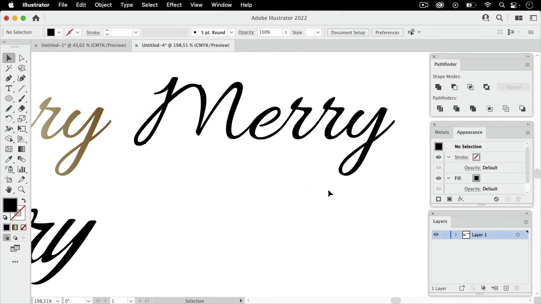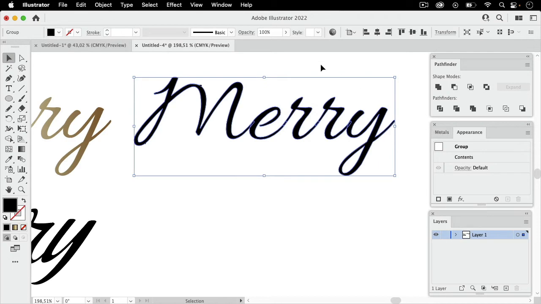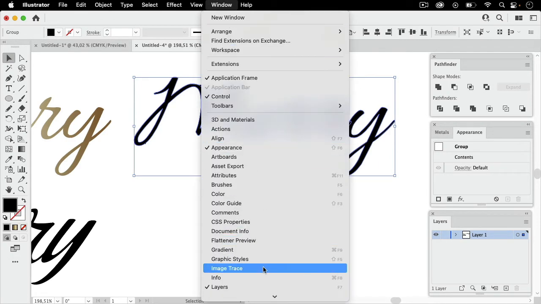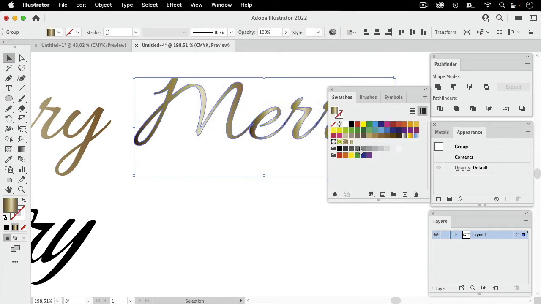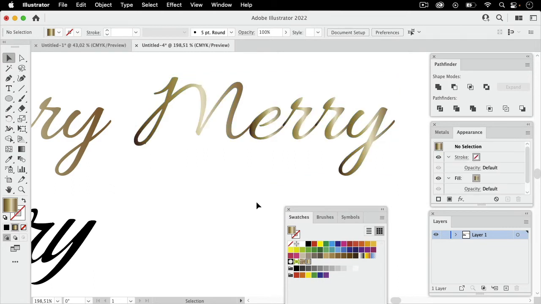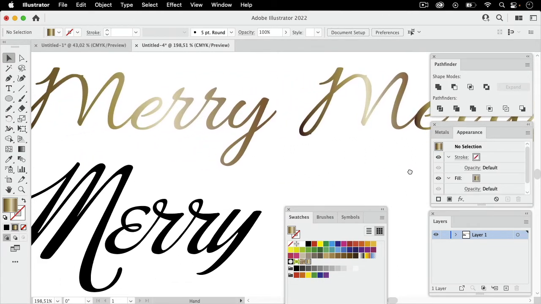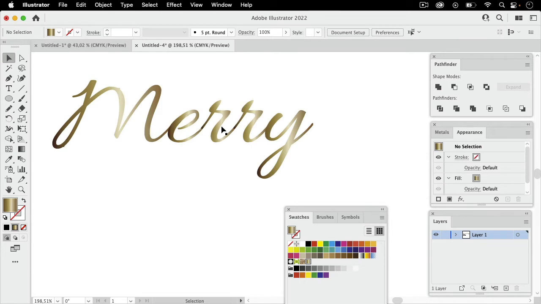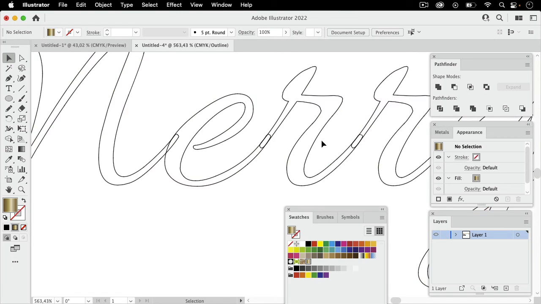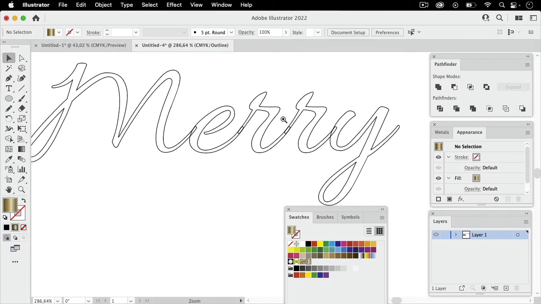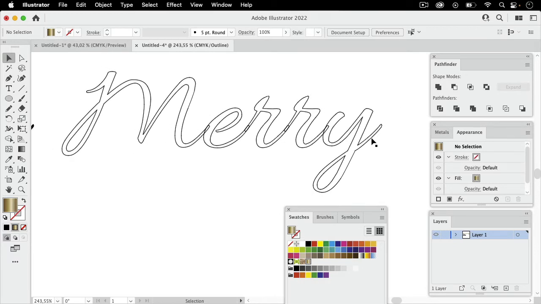And when you have done that, you can also apply a gradient. So let's go to the swatches again. There is the gradient, and then we can apply it. But as you can see, this looks differently. We have the gradient a few times. We have the gradient over each of those letters. Why is that? This is happening because when outlining, Illustrator outlines each single letter, and then it groups them,